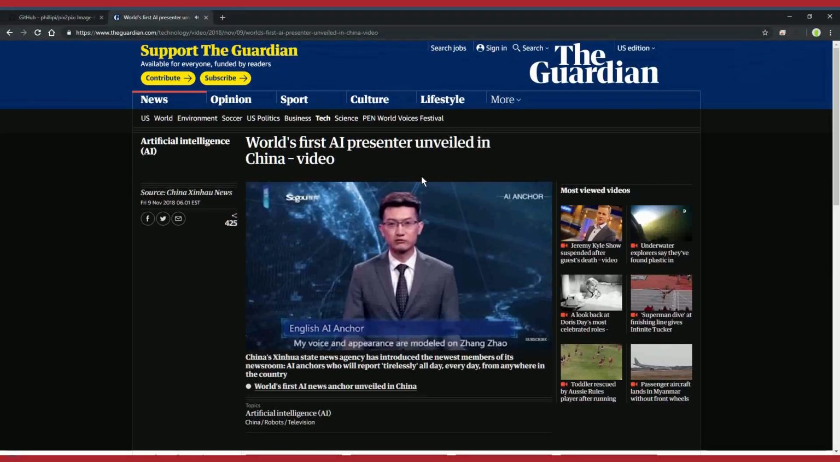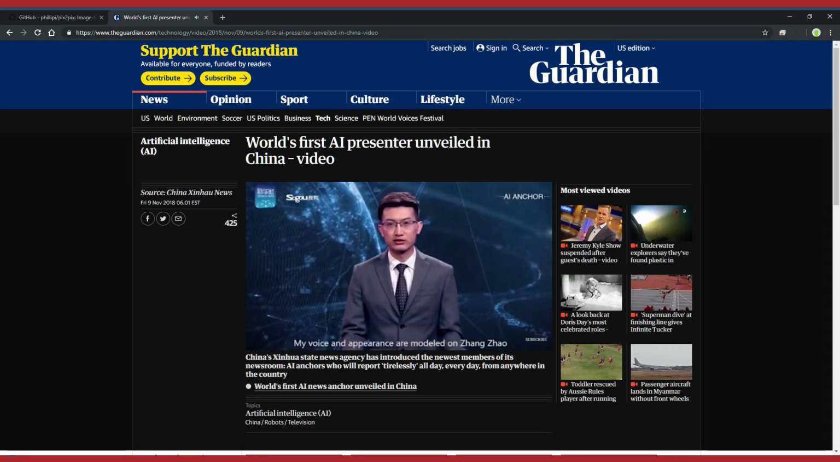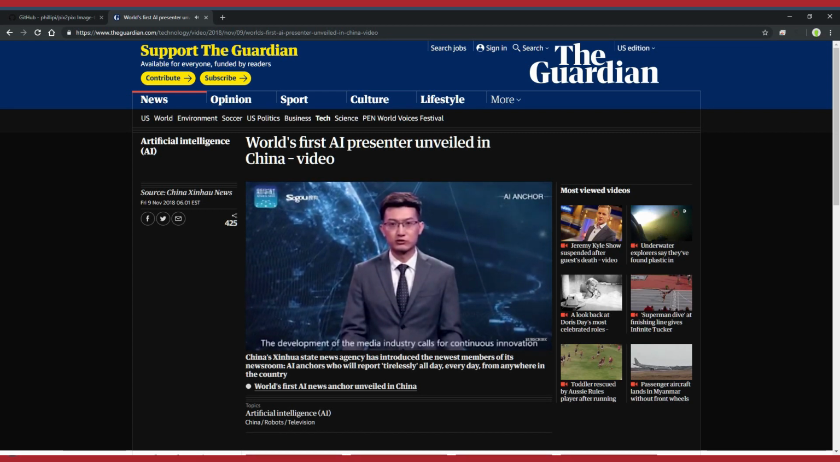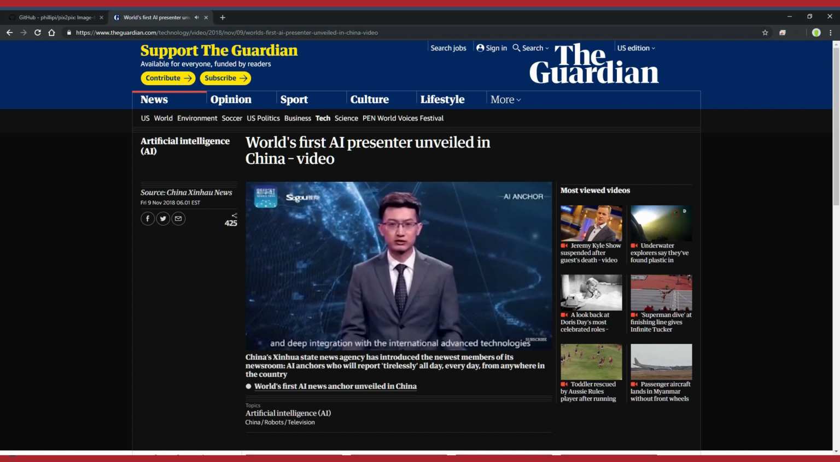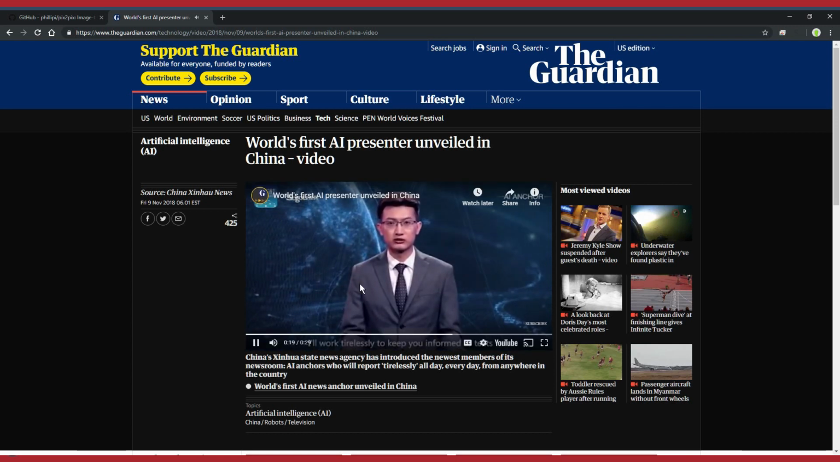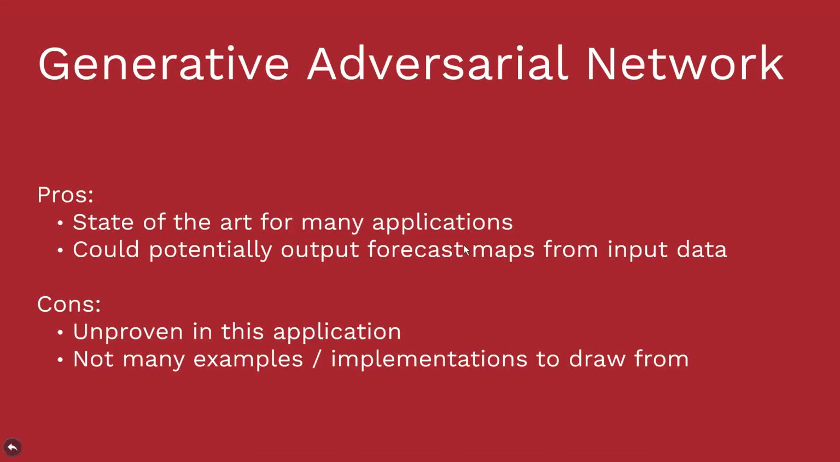In China, they created a fake AI newscaster, an avatar of a newscaster, and they marry that up with a text-to-speech engine, and this newscaster is able to get up and read the news. And it's an AI completely generated from a GAN. And there are so many other applications too, like really cool